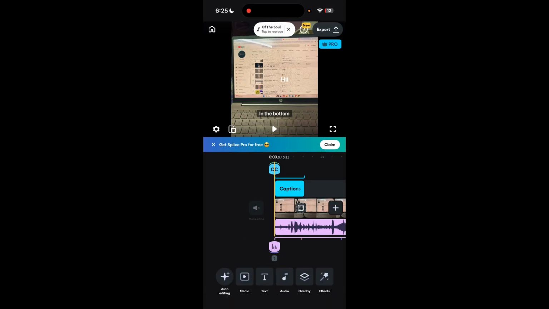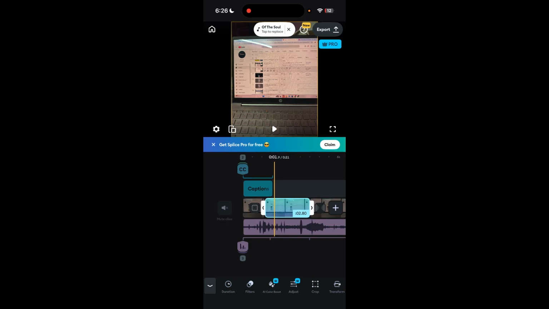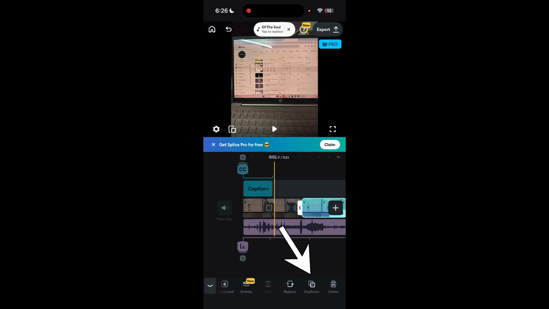Over here we can already find the clips. Select each clip that you want to make a duplicate of, and after that the editing icons will appear on the bottom. A copy of a clip will instantly appear in your timeline, usually on the bottom of the original clip here. What you can do is swipe a bit down until you find the duplicate icon. Just on the bottom you can find the duplicate, tap on it and it will automatically duplicate the clip